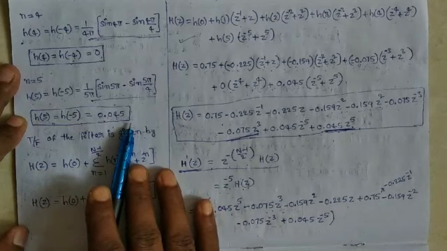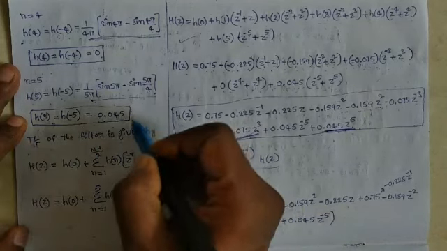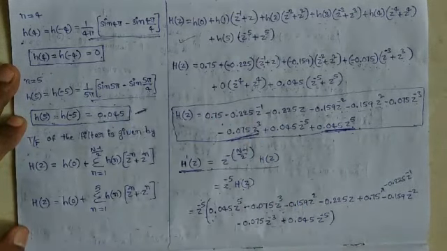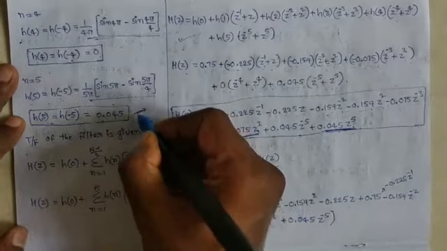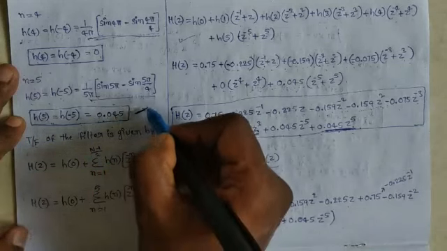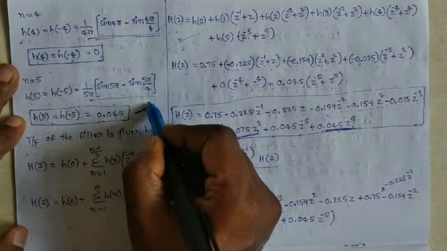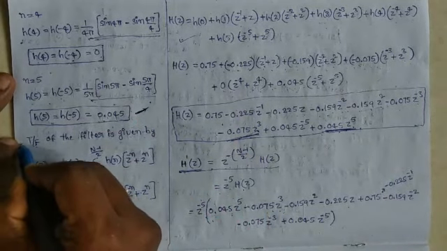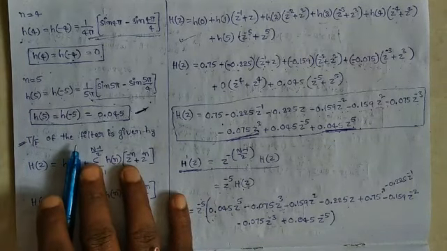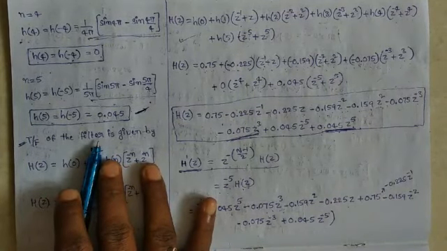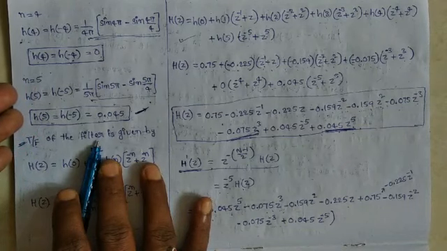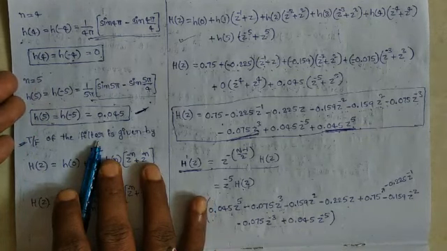Now we are determining the transfer function of the filter. In the first step we are determining HD of n, simply h of n, the symmetrical impulse response. This is our second step. In the second step we are truncating the HD of n to capital N samples. In the third step we are determining the transfer function of the non-causal filter, where h of n is a non-causal sequence.